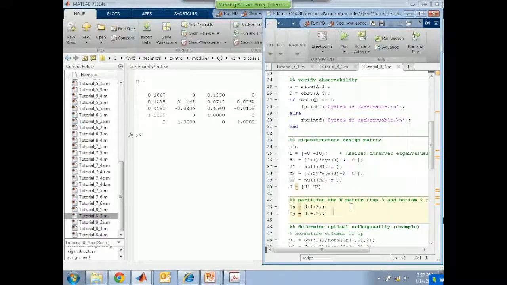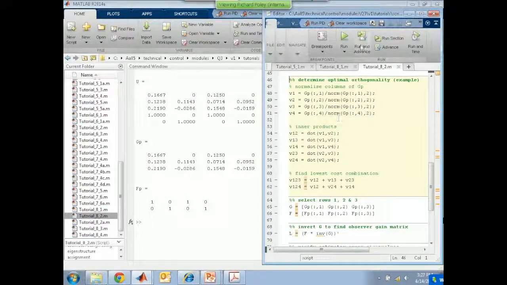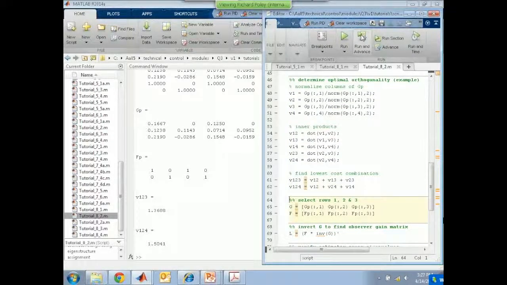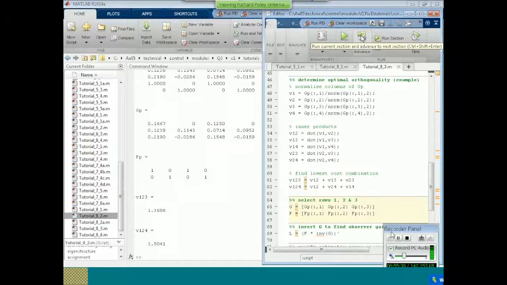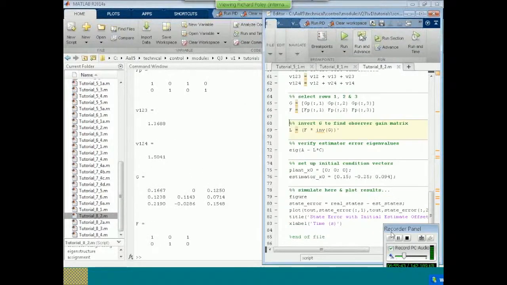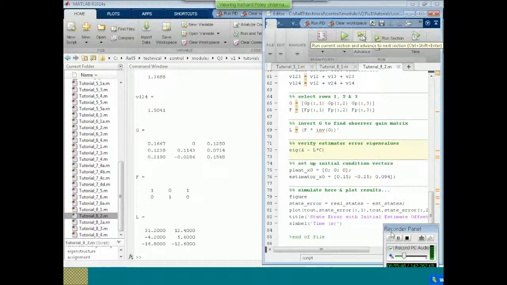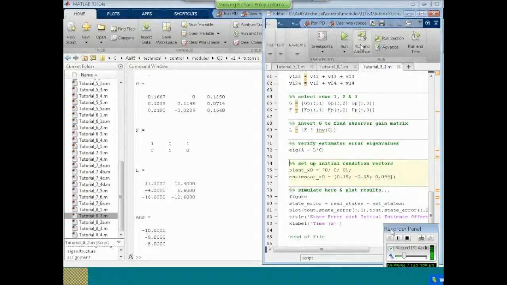And we will choose columns, let's separate it out first and then calculate the least cost way through. And I'm going to select columns 1, 2, and 4 because 1 and 2 both come from the eigenvalue -8 and 4 from -10. And so we'll do that. And then we'll invert it to find the L matrix. So it's a 2-output system, so we've got 2 columns, and it's third order, so we've got 3 rows. And we'll verify that the eigenvalues are indeed where we want them. They are -10 and -8 and -8.